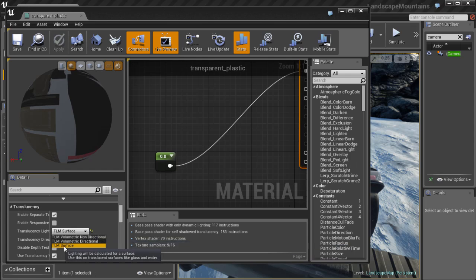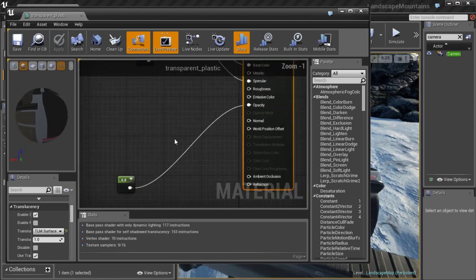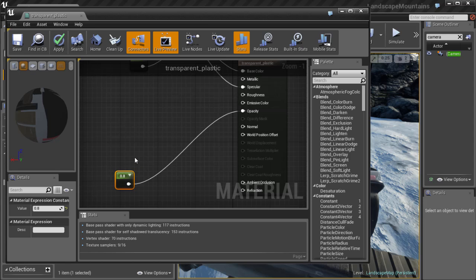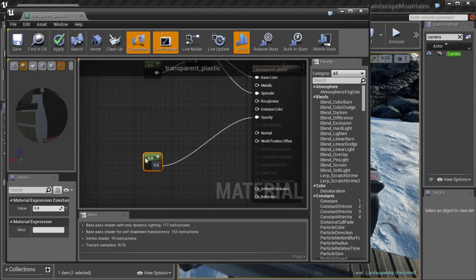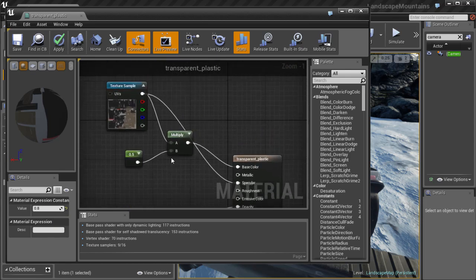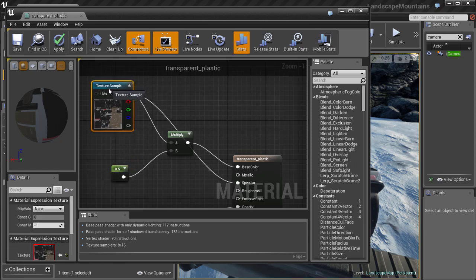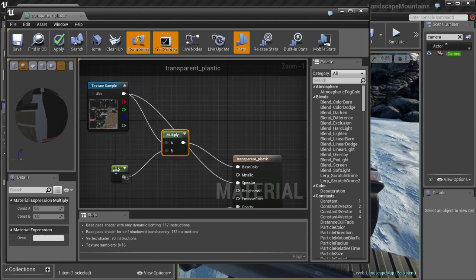So TLM surface. And of course we have a value that controls the amount of the opacity. In this case it is 0.8, and of course the texture, and the texture is multiplied by 0.5